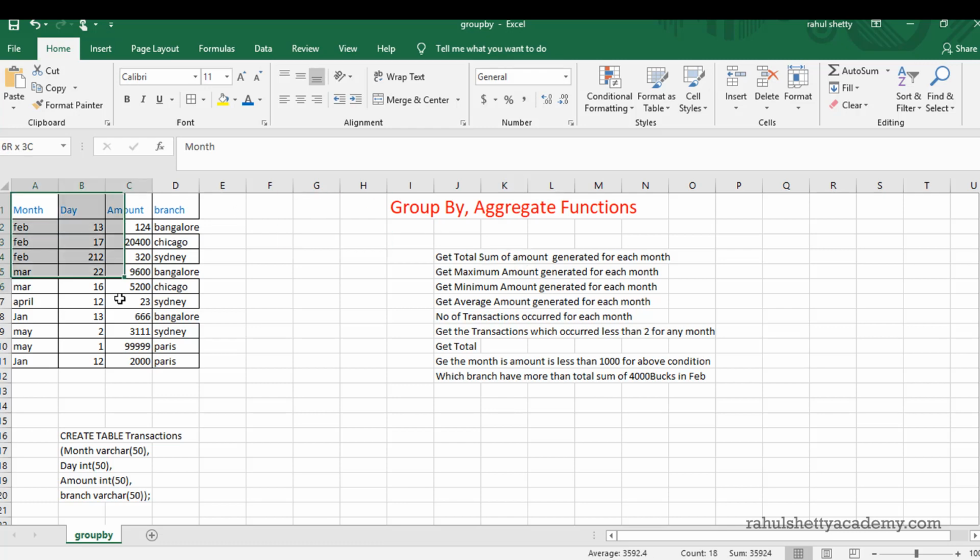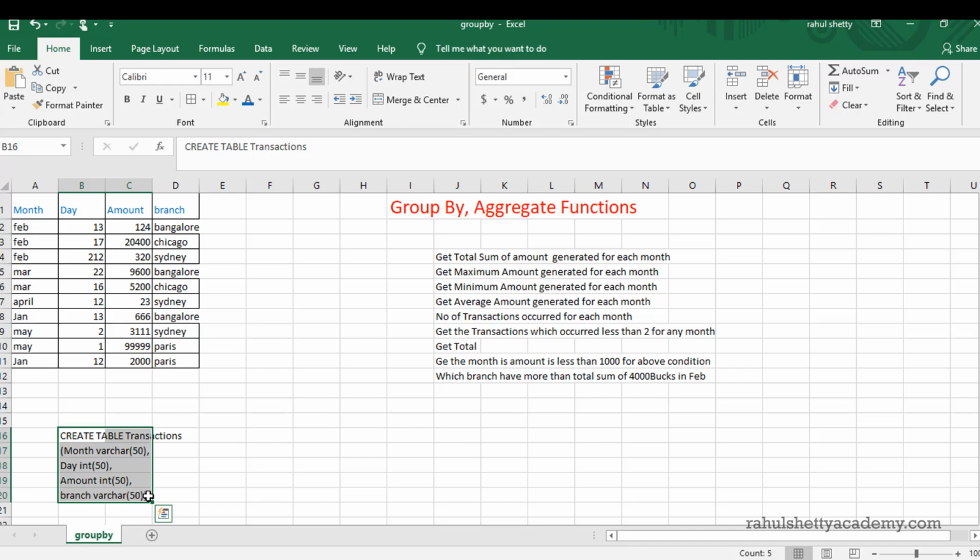This is the table I am going to use to demonstrate this section, and if you want to create this very quickly in your SQL workbench, use this query, or in this lecture I have attached one file. Just download that file, copy that SQL and paste it in your notepad so that this table will be created. Thereafter you can just insert it based upon your values.